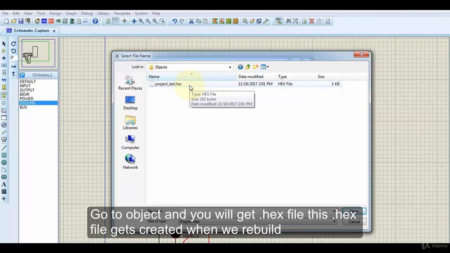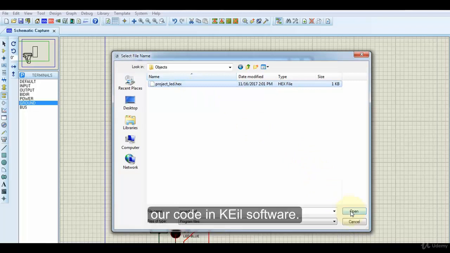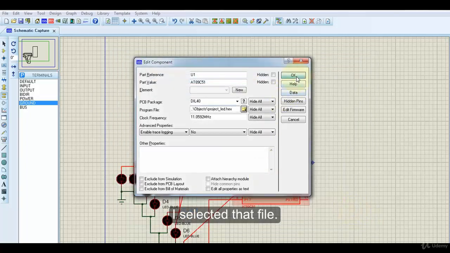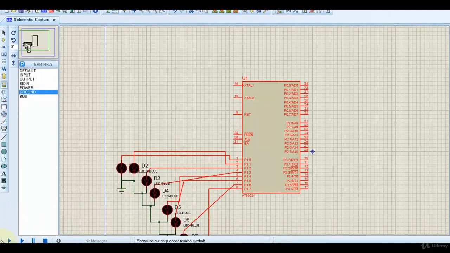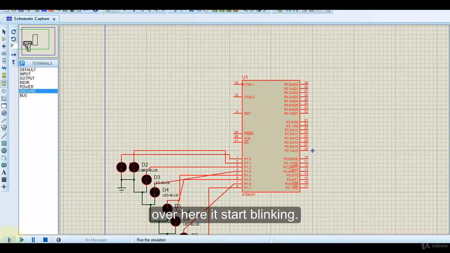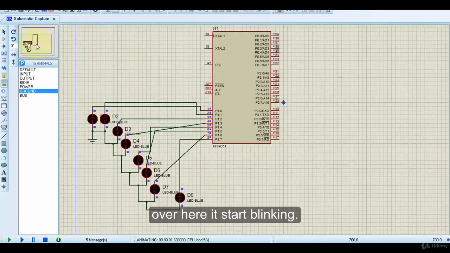This particular hex file is created when we rebuild our code in Keil software. So I selected that file, open. Okay. So when I click on the run button, over here, it starts blinking.